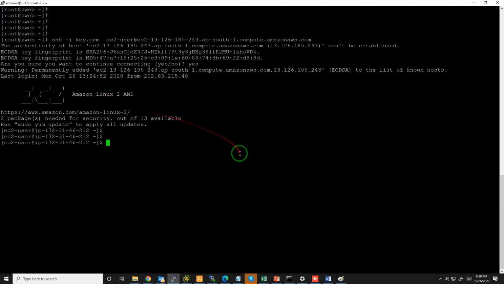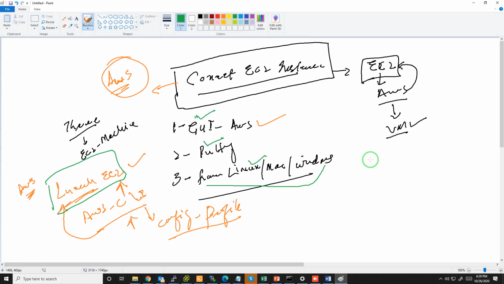So there are three methods to connect to your EC2 instance. One is the GUI method, where I showed you how to connect directly in the browser. Then there is PuTTY, a software you can download as an exe file, and it is free.